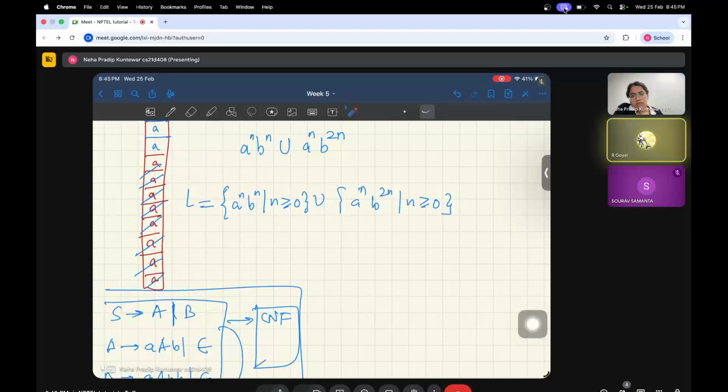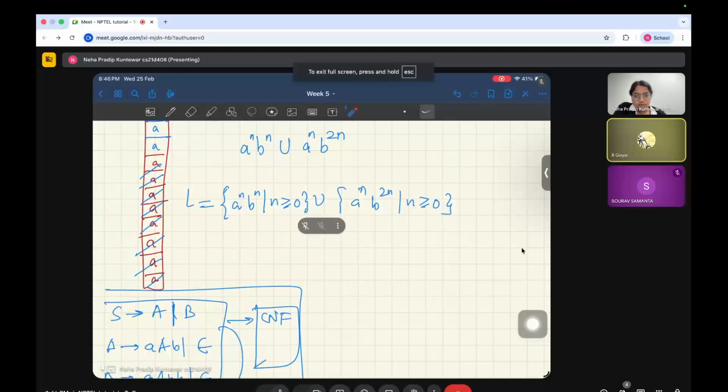So the thing is that for this language, what are the valid strings? Valid strings could be AB, and AB is valid, and ABB is also valid. So the PDA has to be designed so that it not only accepts AB, it also accepts ABB. When all the B's have been consumed, in the case of ABB, I would be reading one more B from the tape, and then I would be reading Z naught as the top of the stack. Then you would also end up accepting